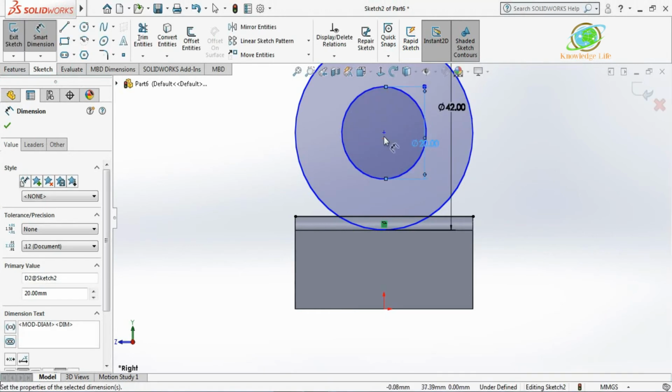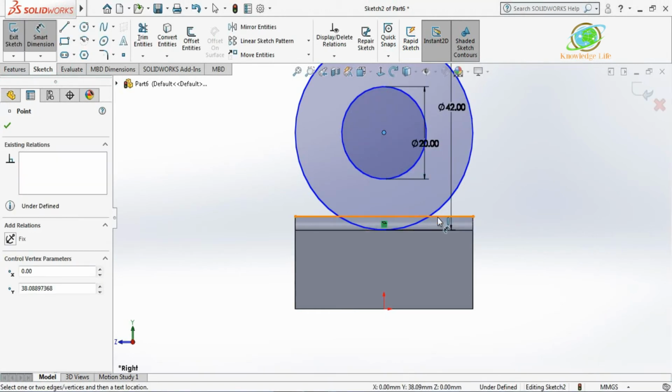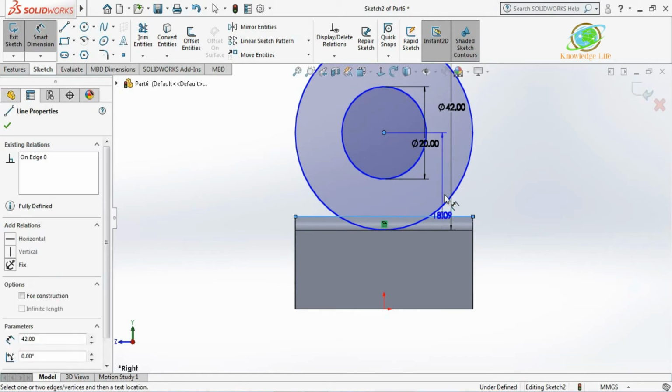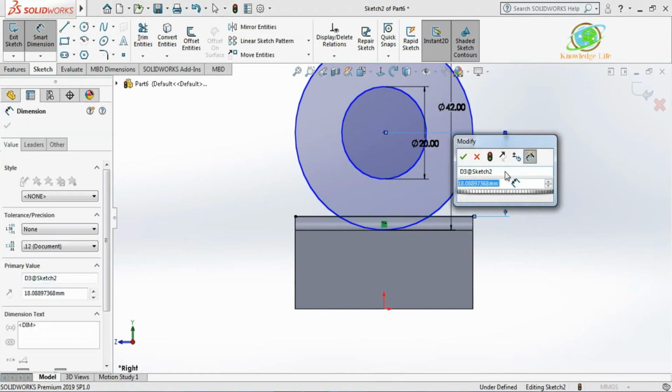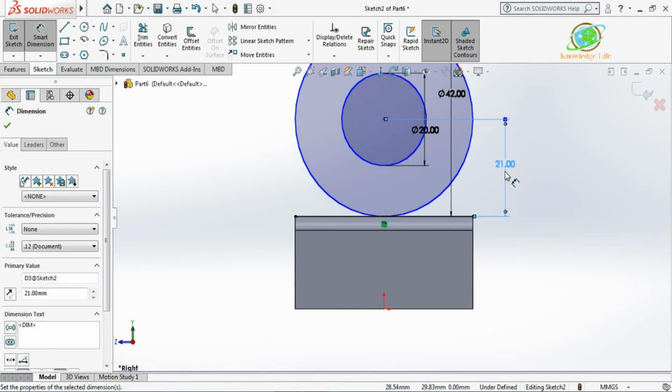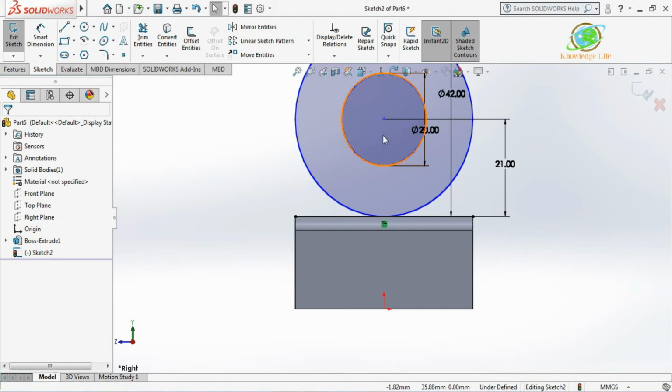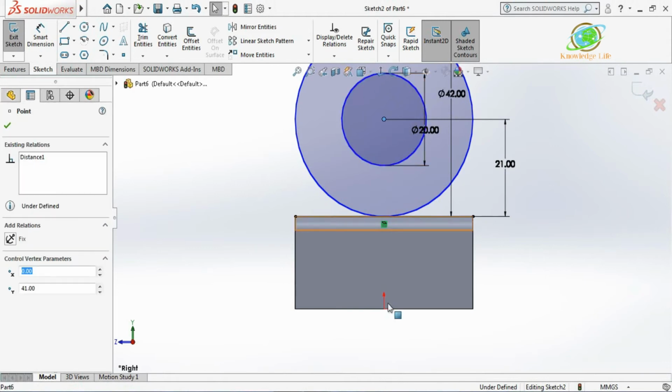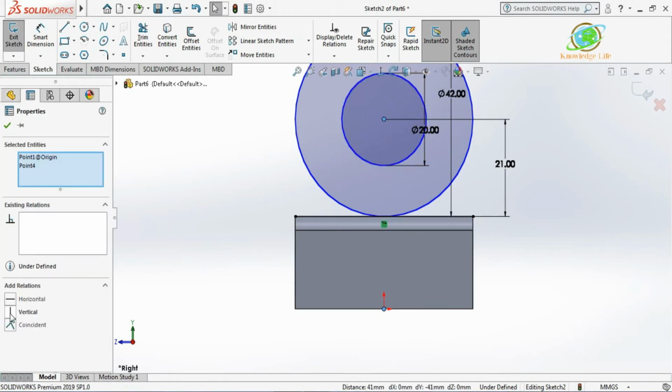And we need to give a height. So I'll be giving the height. From this base to this having the height 21. I'll be giving here 21, and I need to give one relation, that is from this point to this point having the relation vertical.